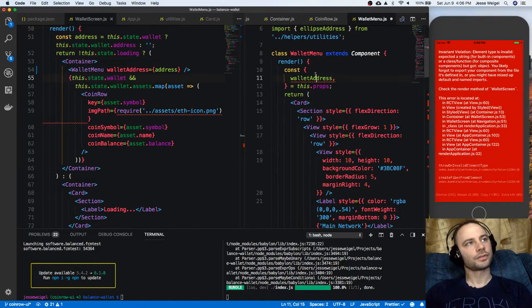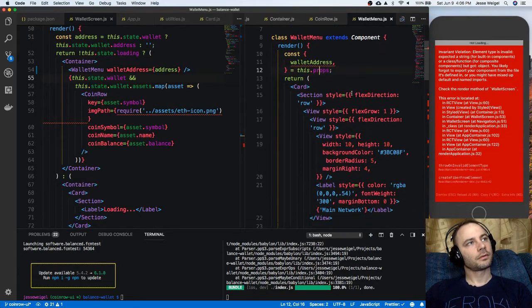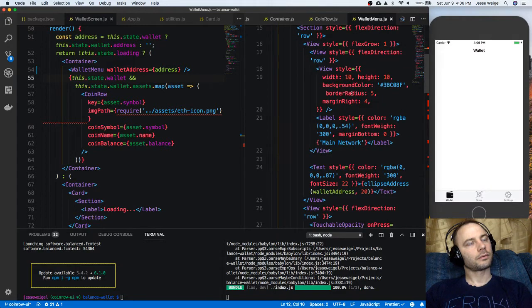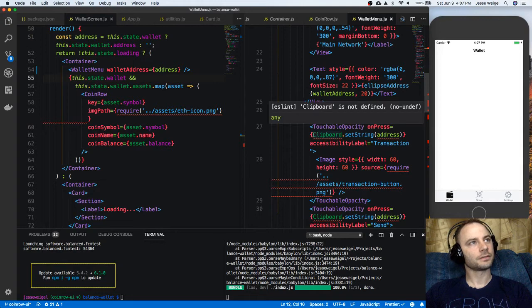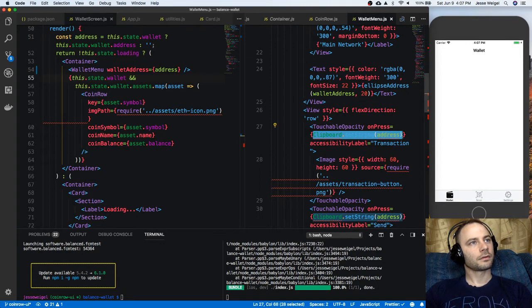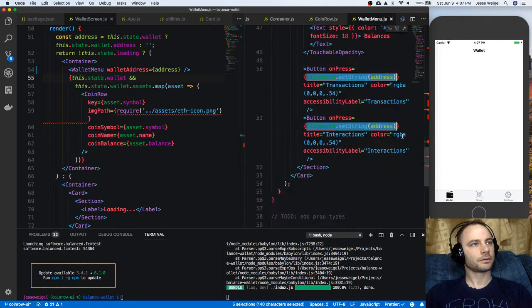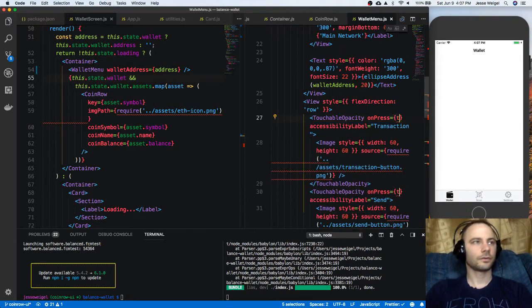Right, and we're destructuring here, so we've already said this props. Wallet address, and we need to fix these. So everywhere where we have these things, let's say,